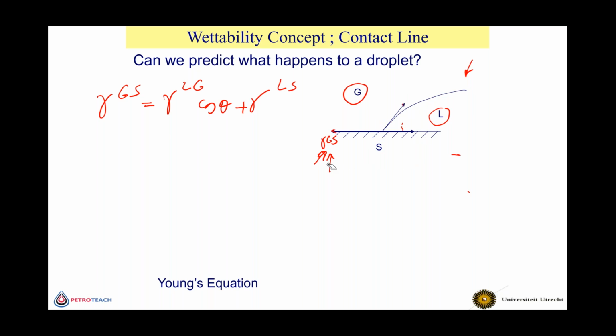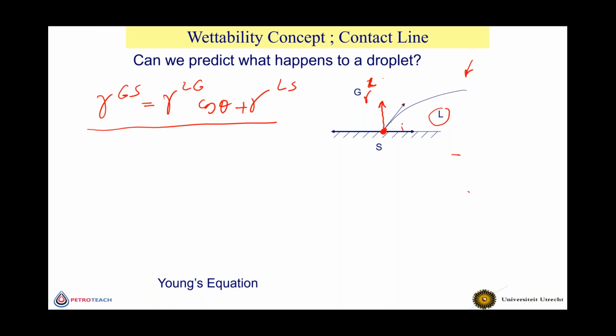If you look at the force diagram, these are forces acting on this contact line. And we just agreed that if you have this balance here, the contact line is at equilibrium. But that's only in the horizontal direction. How about the vertical direction? This contact line must be flying because there is only one force acting on it, and that is going up. This is gamma